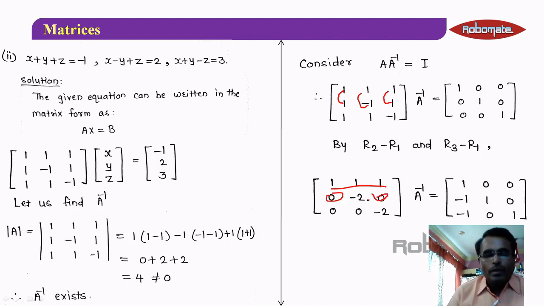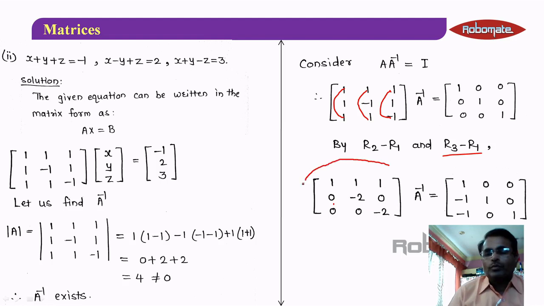Is that clear? Similarly the same transformation on the right hand side: 0 minus 1 is minus 1, 1 minus 0 is 1, 0 minus 0 is 0. So those elements are as they are. Is that clear? Then the next operation is R3 minus R1. If you consider R3 minus R1, you have 1 minus 1 is 0, again 1 minus 1 is 0, and minus 1 minus 1 is minus 2. So this is your next step, and we are going to use this step to consider the next.